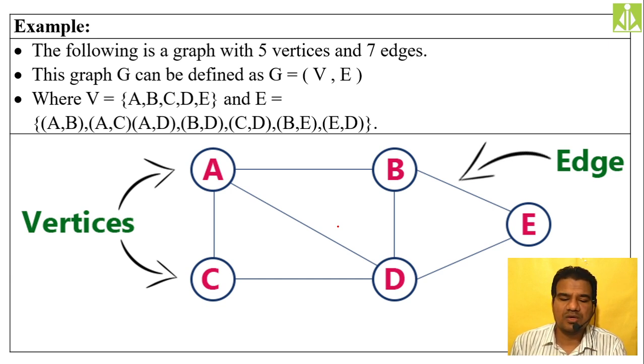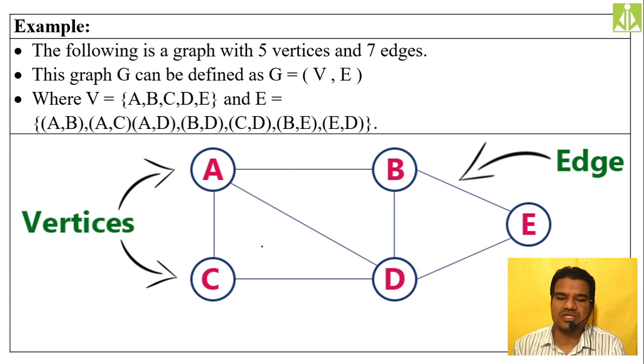Over here you can see how many vertices we have inside this graph. We have 5 vertices. This A is a node, it is a vertex. B is a node, it is a vertex. E is a node, it is a vertex. Like D, C also vertices. Vertex is the singular and vertices is plural. So how many vertices do we have? We have 5 vertices, A, B, C, D, E.